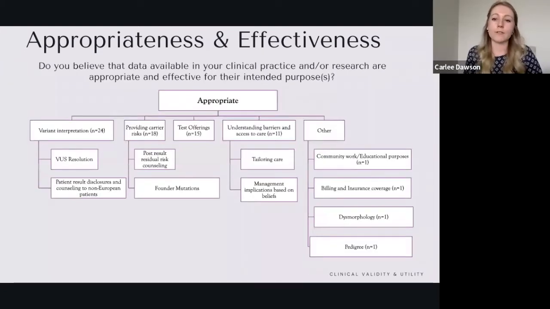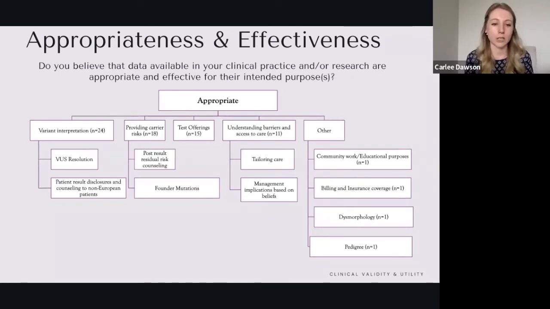Regardless of how participants responded to the previous question, they were asked to provide scenarios for which using REA was effective or ineffective in their intended purposes. So summarized on this chart are the cases for which participants believed the utility of currently available data is appropriate and effective. And this includes variant interpretation, specifically responses summarizing the US resolution or